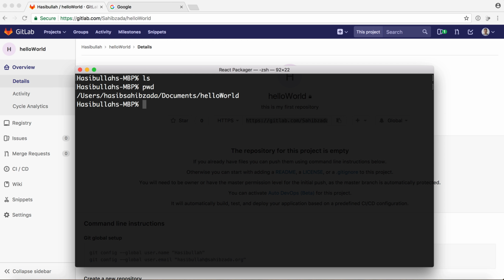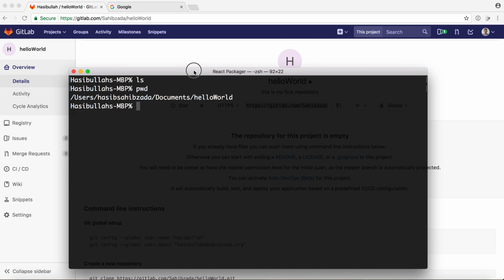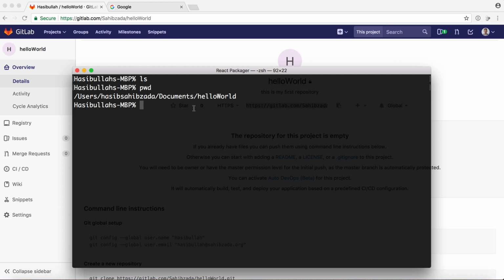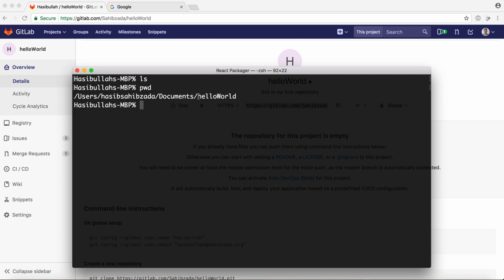In order to make it work, first I'm going to tell you about some basic things, and they're also mentioned here in the instructions, which you can follow very easily. I will also follow the same instructions given here, just to show you that it works. So yeah, you can set up your global configurations by saying git config --global. In this case, my username is Hazibullah,